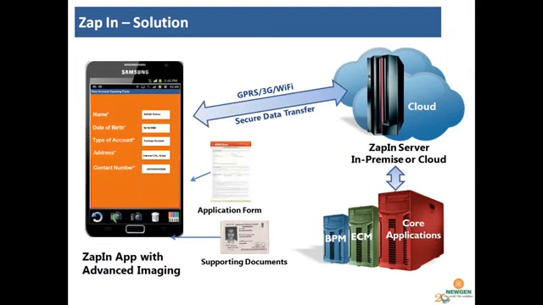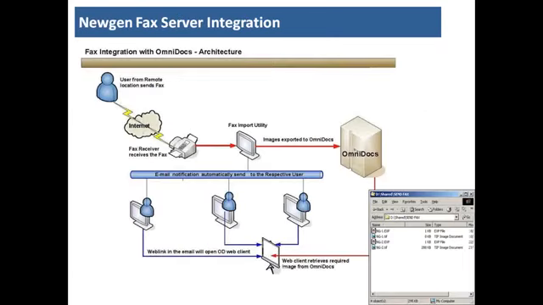Now, revolutionizing data capture on the move, one more method of capturing the documents. The technology is Zappin. There's a solution on mobile capture where you can enter certain data, you can capture the application form, it will reduce the size of the image, and you can give this data to BPM, ECM, or the core application. It is a secure data transfer. Once uploaded, you will not be able to view the documents on the mobile device itself, nor from the gallery.